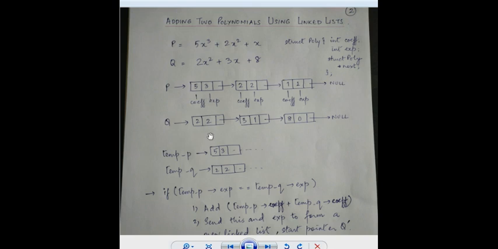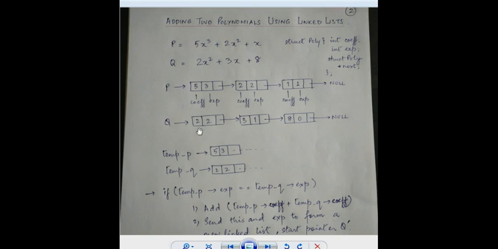So when there is a mismatch in the exponent value, I increment the pointer. But which pointer will I increment? 5 to the power x3, if the exponent in the next polynomial is less than this exponent value, that means there is no degree 3 in the second polynomial. As you can see, there is no degree 3. So I can safely put 5x cubed in my solution. So I will send this to my resultant linked list and I'll increment this pointer here, and this pointer will